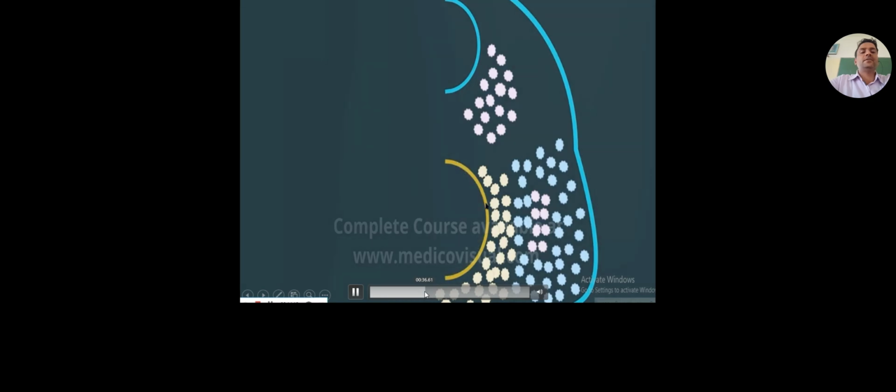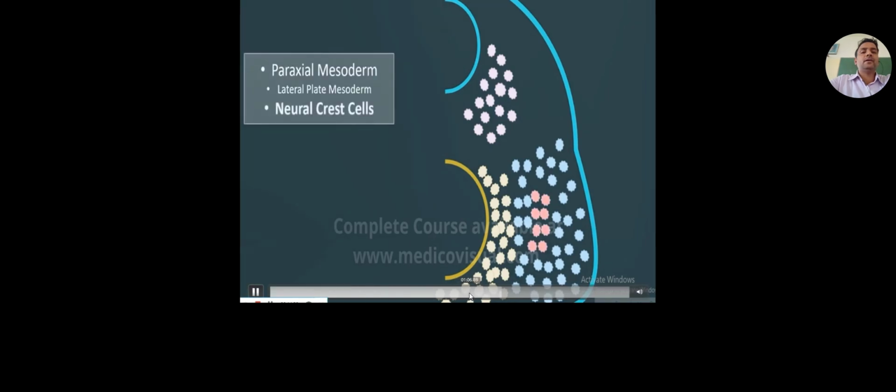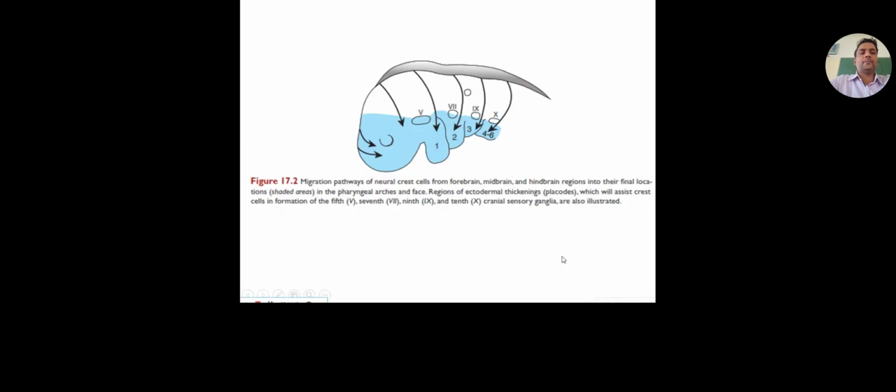Pharyngeal arch is mesodermal, you can see there. Okay, so inner layer is endoderm, outer layer is ectoderm. In between them, what you see? Neural crest cells, mesenchymal cells coming from paraxial mesoderm and lateral plate mesoderm. These are forming the arches, and these are giving rise to different structures of head and neck that you can understand here. So this is how it happens, and you can see finally they form these thickenings between the developing